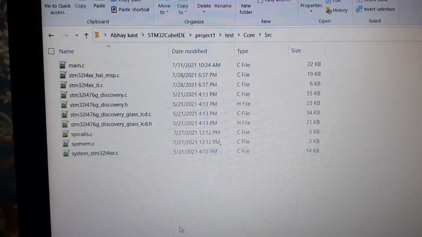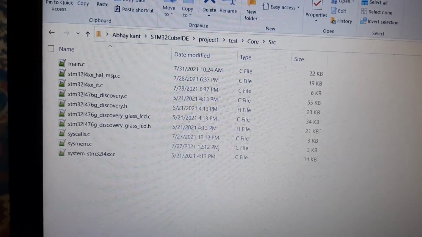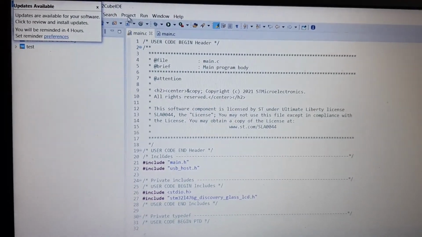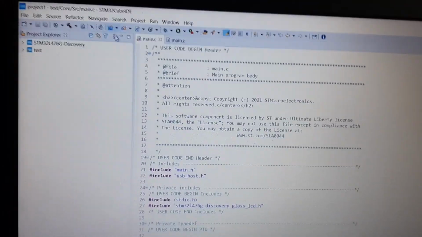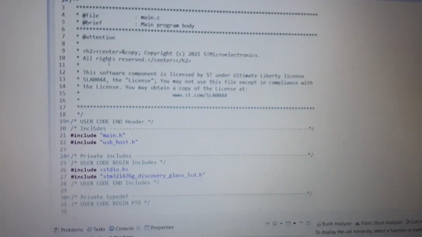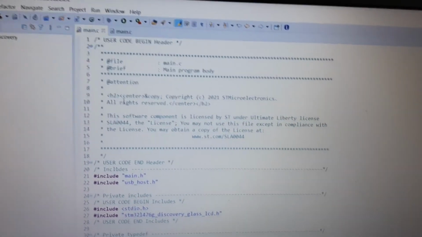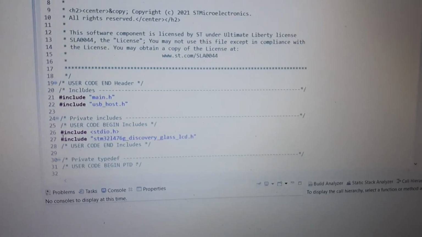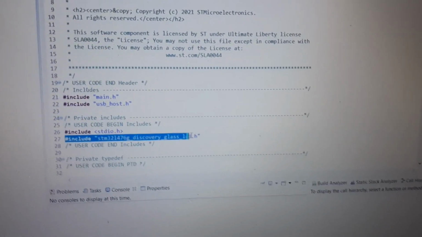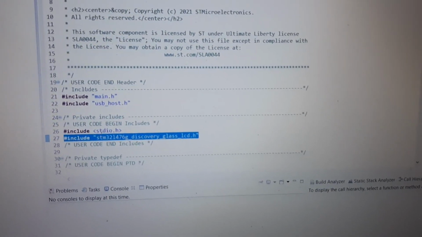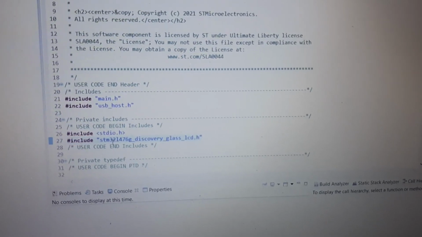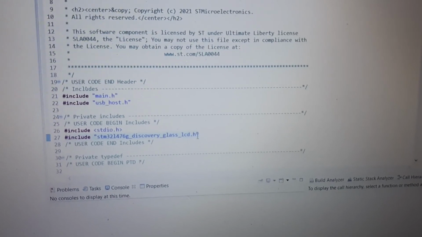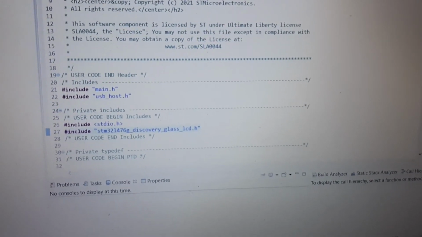After you have pasted these files, you need to open your STM32CubeIDE. In the main.c of your project, you first of all include this line: hashtag include stm32l476g_discovery_glass_lcd.h.